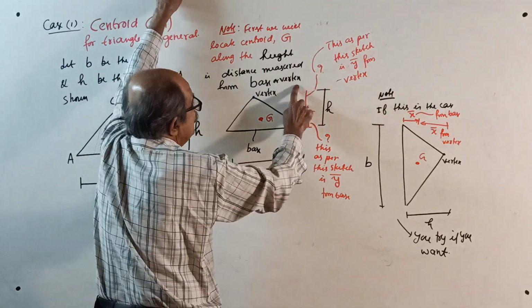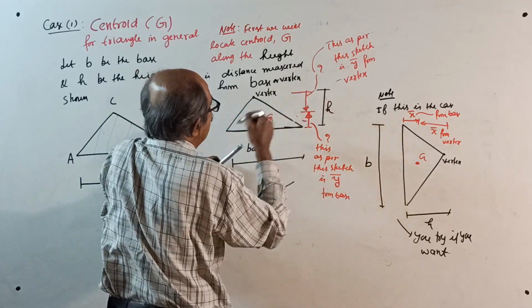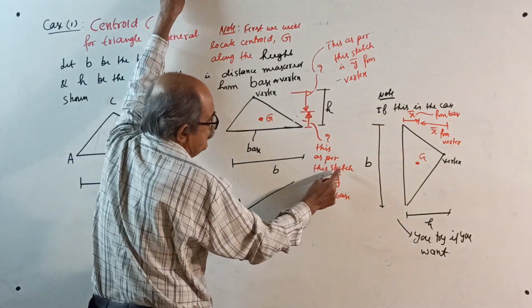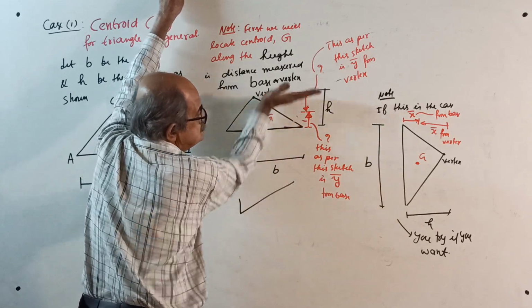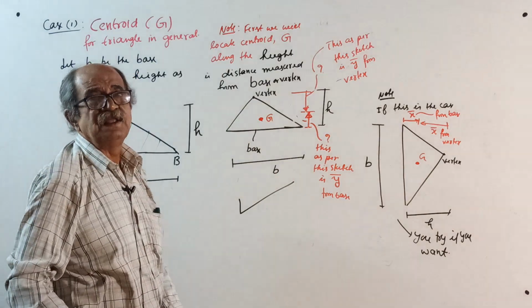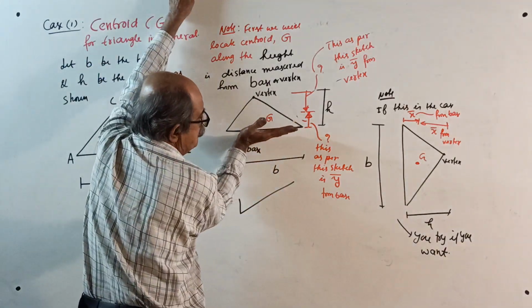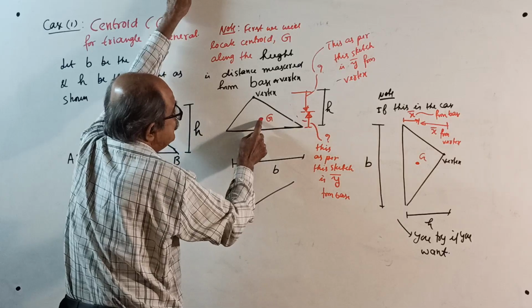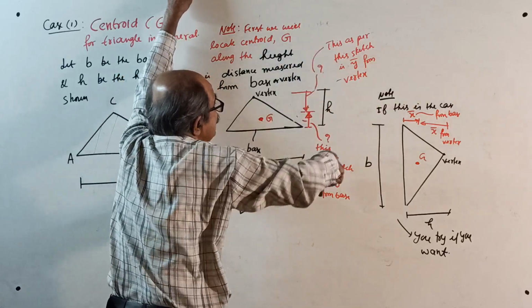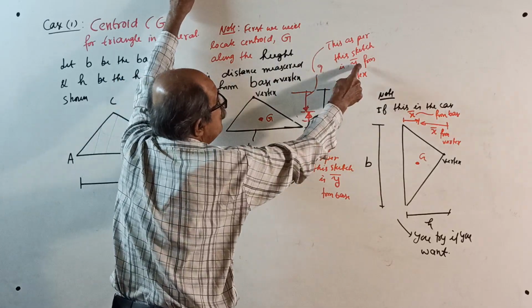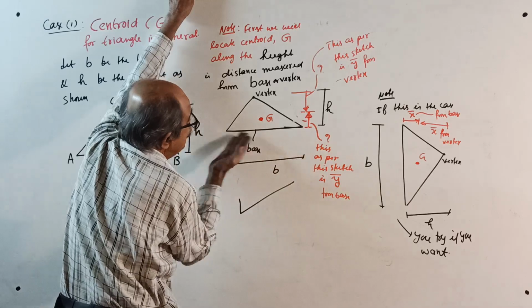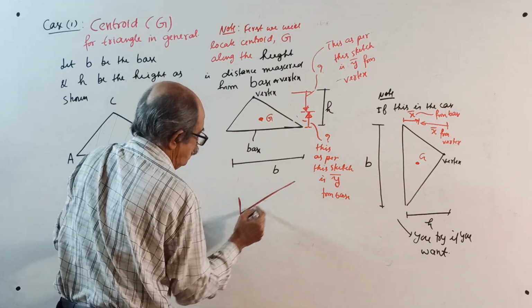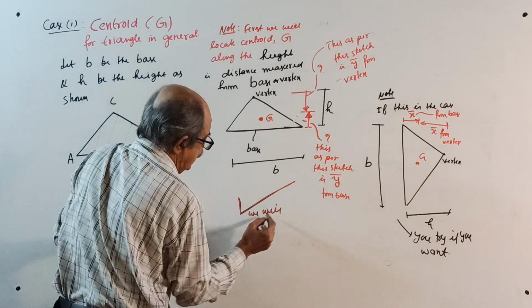See, a little problem here, the shape projection is not correct. The distance of the centroid, as per this sketch, is y bar. Why y bar? I told you the vertical distance we call y bar. Y bar from base. And if you do it this way, it is once again the distance of the centroid along the height measured from the vertex. Once again y bar: this is y bar from base, that is y bar from vertex. We will do this case. We will derive